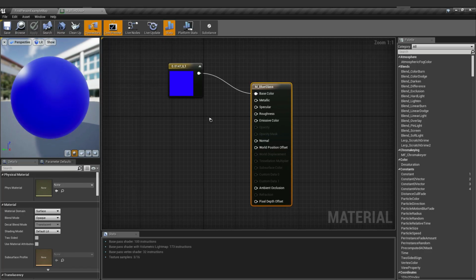To create a basic glass material in Unreal Engine, all we need to do is combine some of the connectors that we discussed previously in the basic materials part 1. Before we start, I'm going to discuss what nodes, or what parts of this node, we need to create a glass.